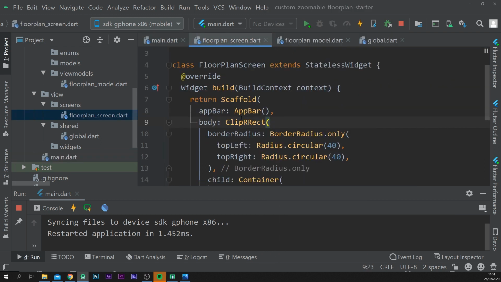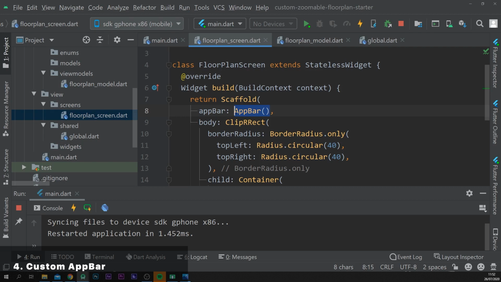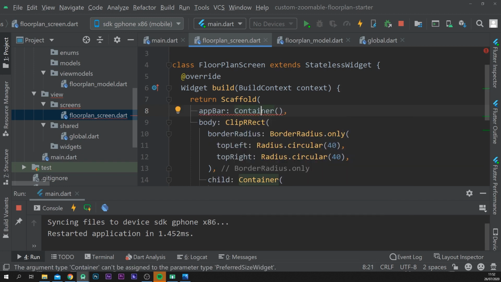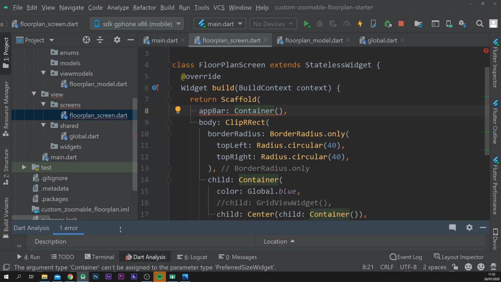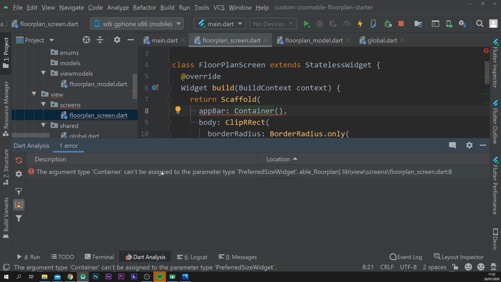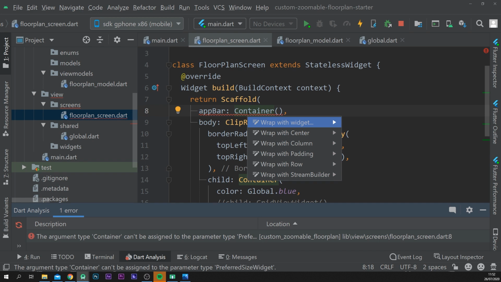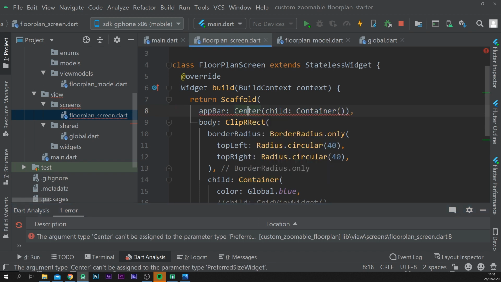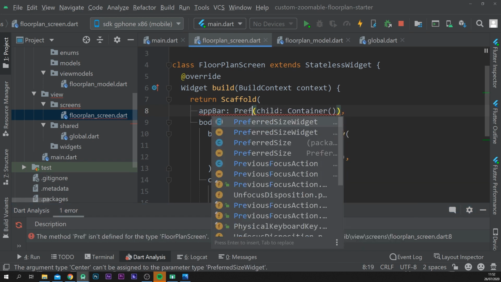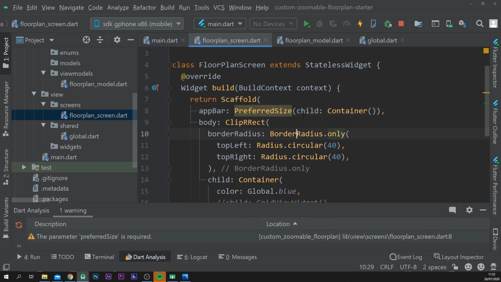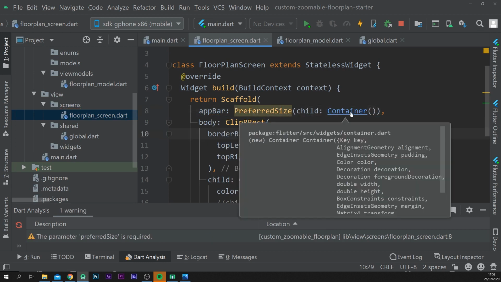To build a custom app bar widget, let's remove the default app bar and let's add a, we can use an empty container again, but of course it is expecting, if you see the error, it is gonna expect a preferred size type container, preferred size widget. So what you could do temporary is wrap this with a preferred size widget. So preferred size. So now the error goes away, but this is going to contain another widget we will